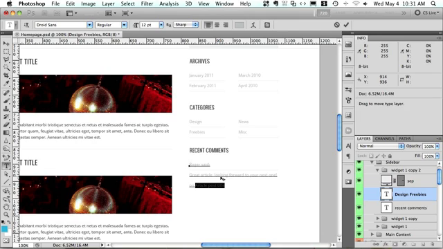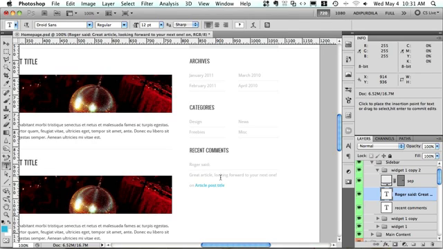And let's go ahead and make this a link. Alt and backspace to fill it with our foreground color. This one is going to be italic,